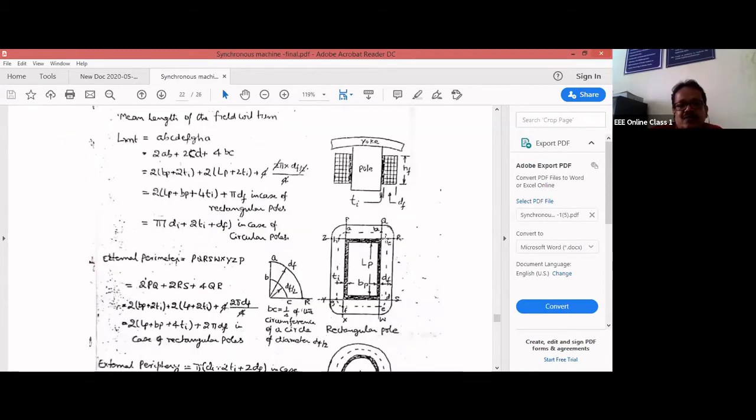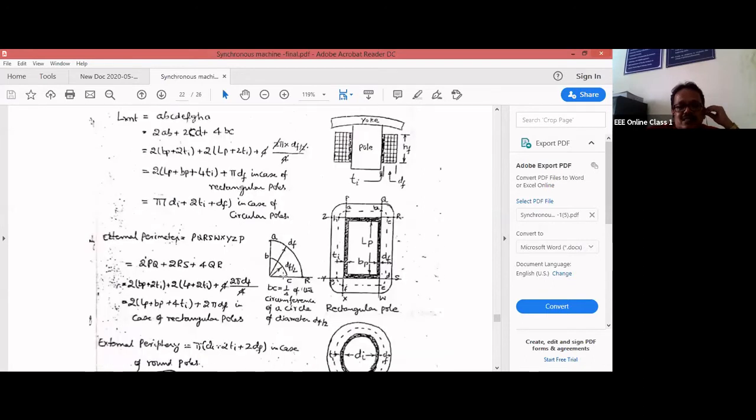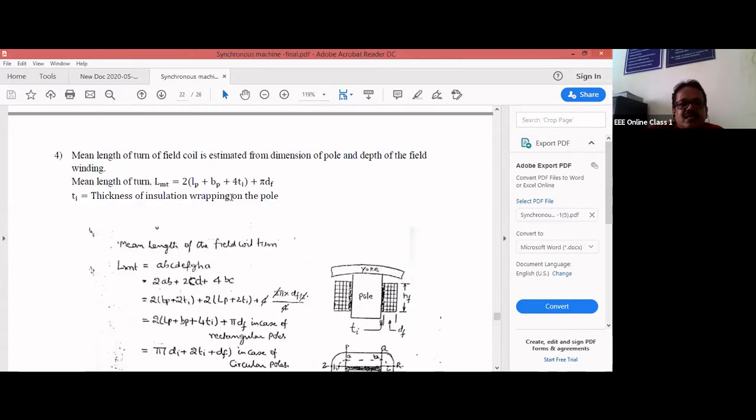5 into DF: when you consider all these arc sections, they will become a circle. The length of the arc is exactly DF by 2, because DF is the depth. If you join these 4 sections, it will become a circle. For a circle, the circumference is pi d, or 2 pi r. R is DF by 2, so the 2 cancels, and you are left with pi into DF. These things I already taught you.